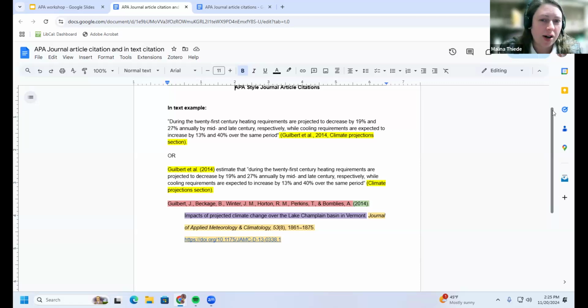I can't possibly cover even a small fraction of that in a few minute presentation. But we do have the style guide here in the library. It's very helpful, very useful. So if you do want access to that, we do have it in the library.